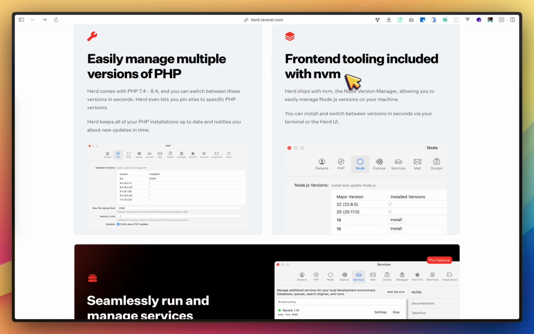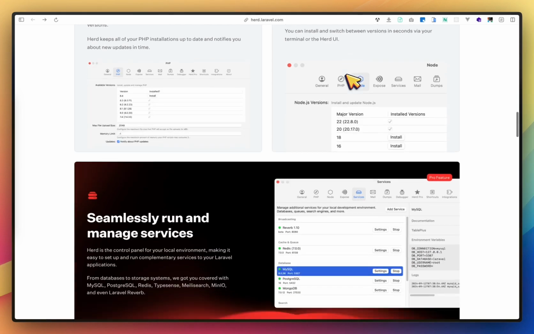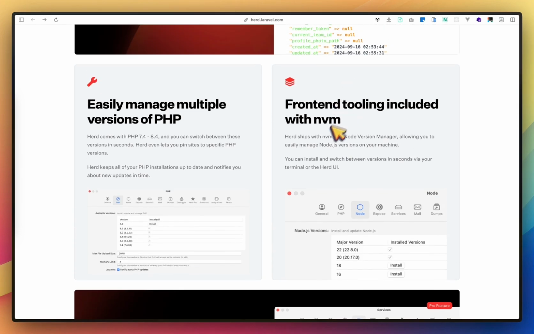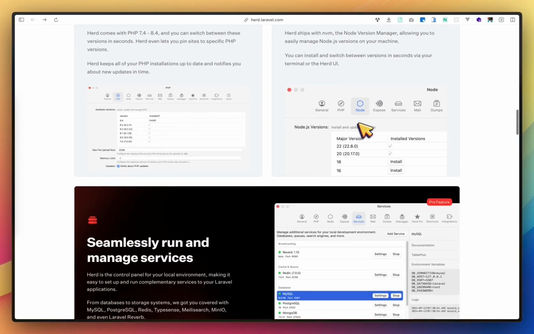It needs Node.js dependencies, so I think this is a wise decision.